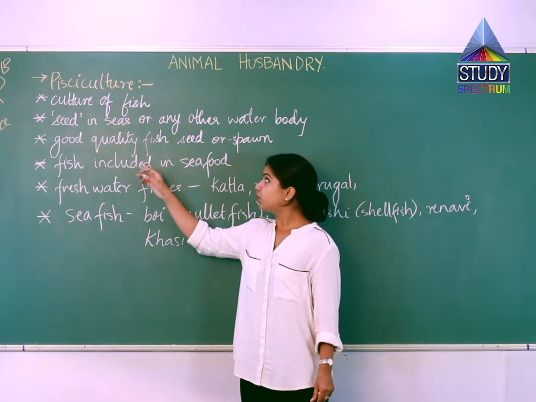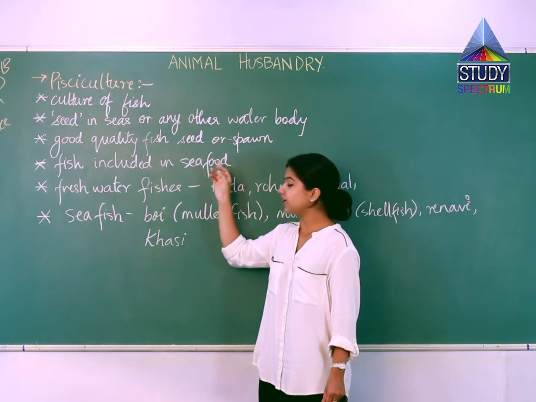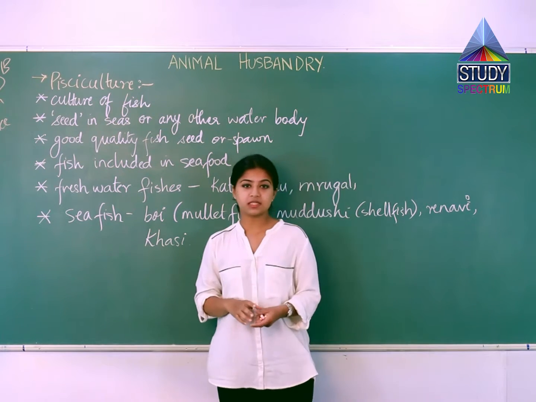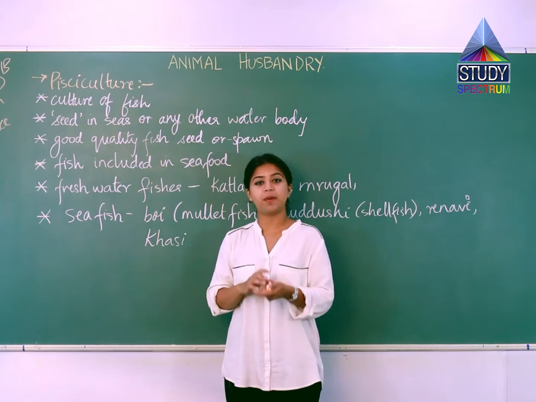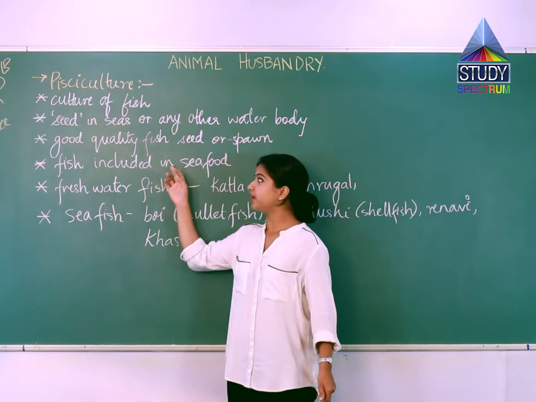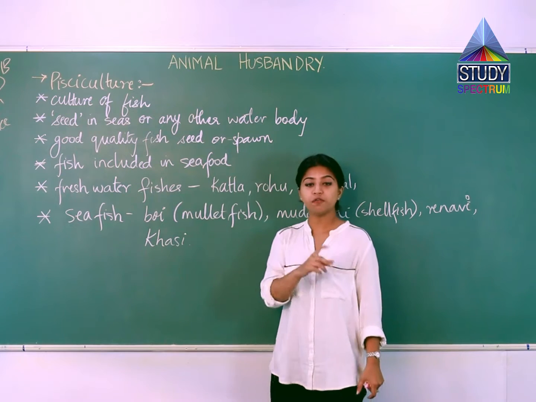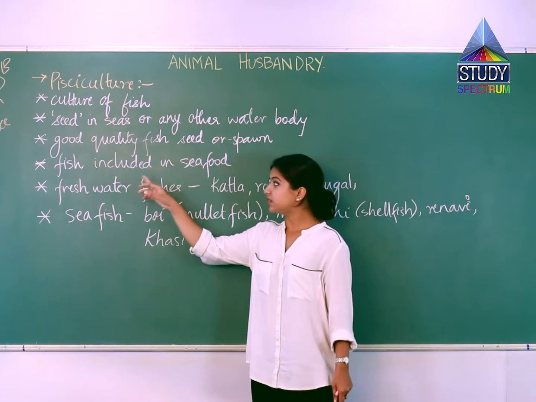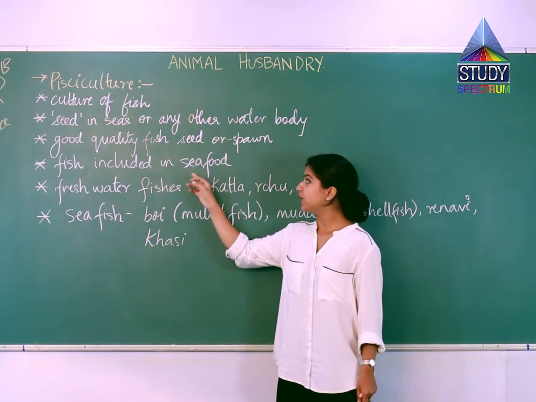Also, good quality fish seed or spawn is produced by the government. The government provides the good quality spawn or fish seed, and this fish would be included in the